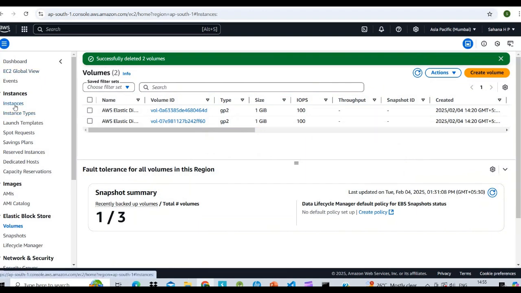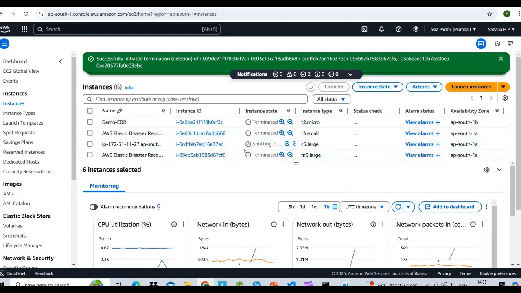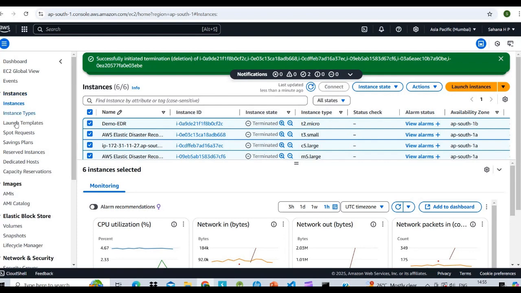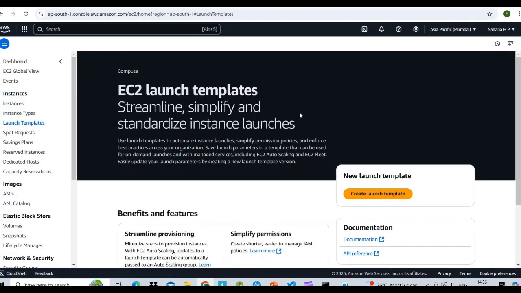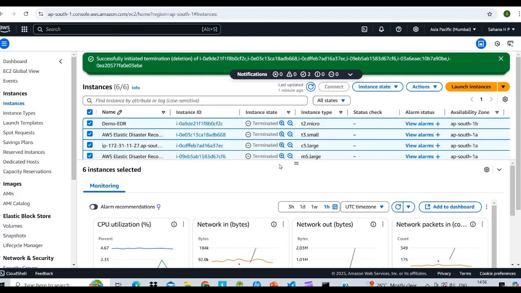Then go to instances and refresh. All the instances are deleted, the launch templates are deleted, and the snapshots are deleted. So all the things are deleted.